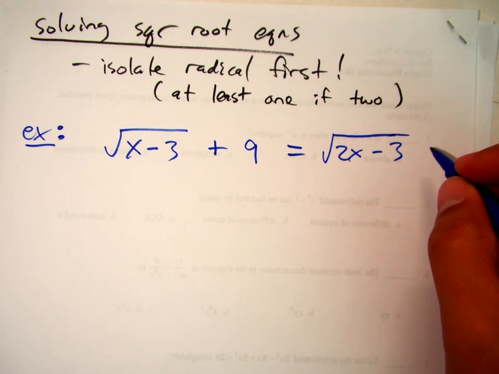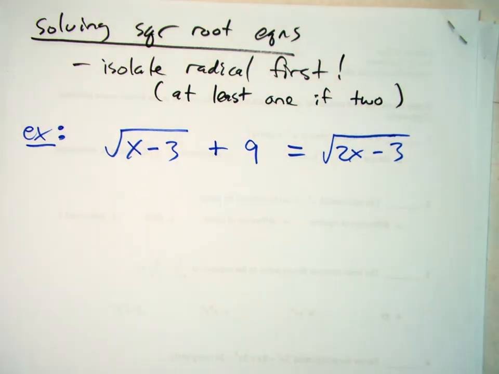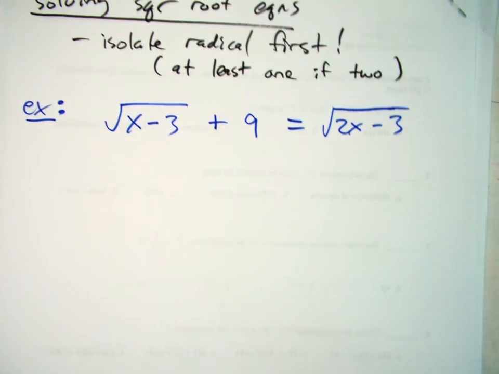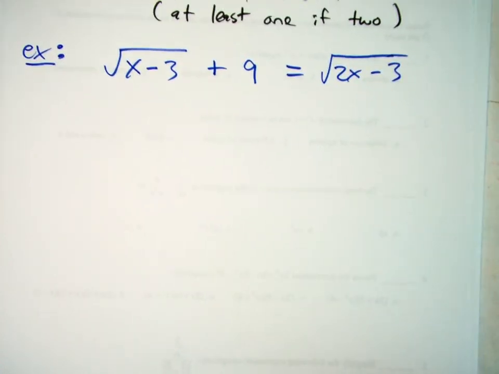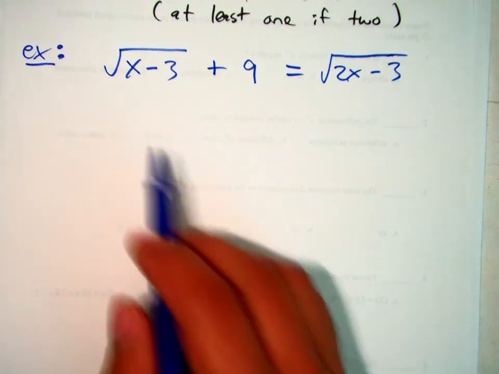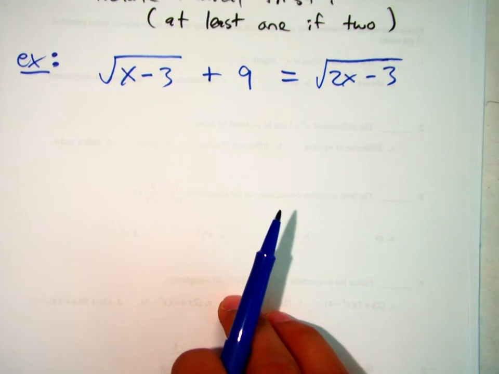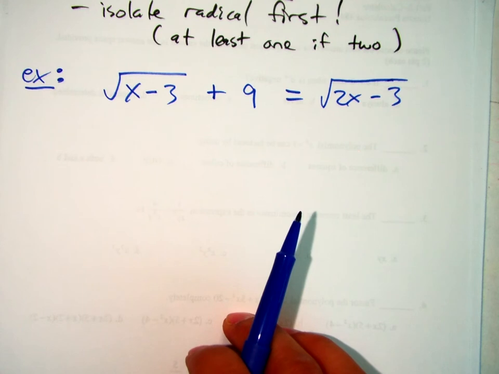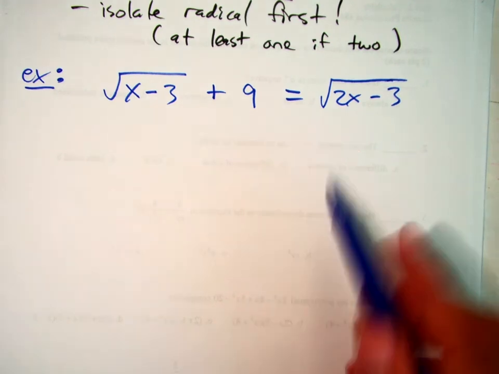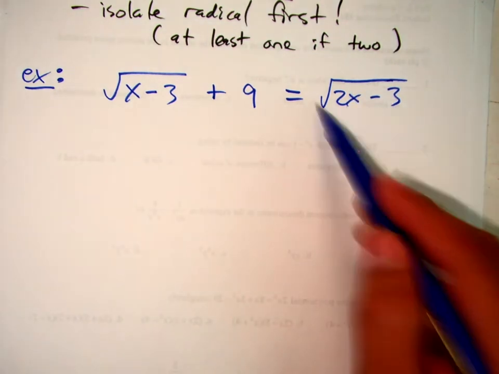Let's see what happens with that. Okay, so we'll just go right to a problem that's hard. Here we have two radicals. Before we square anything, we want to make sure at least one of the square roots is alone. Can we square? Is one of the radicals alone? Yeah. This one's alone, so if I square both sides,